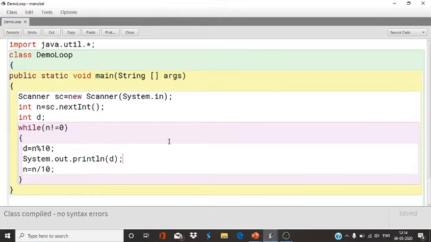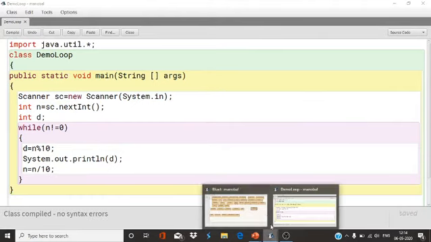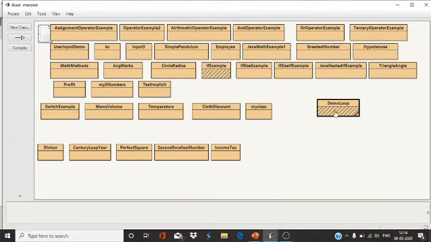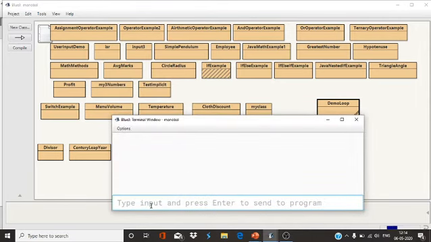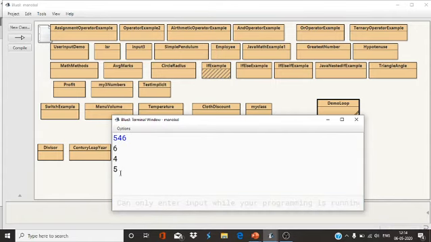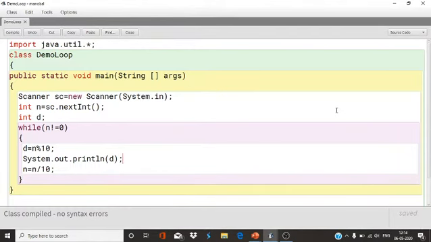Compile and execute. Enter a number. Suppose I have entered 6 4 5, so the digits are printed like that. So it's easy to print all the digits of a particular number.